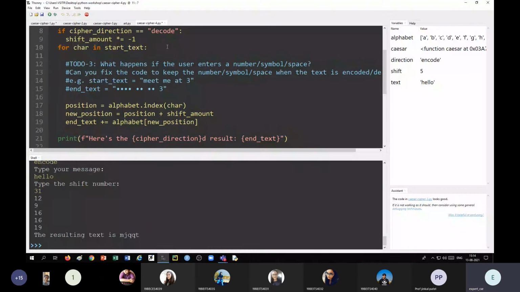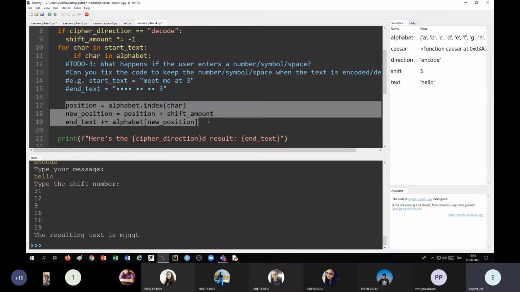We can say if character not in. Okay, instead of not in, let me take in. Then we will do this. If character in alphabet, then we will do these things.